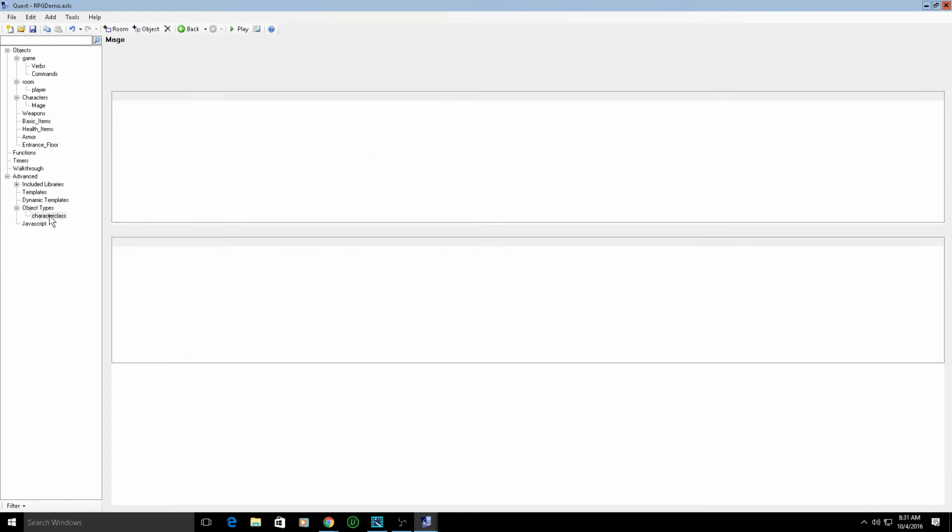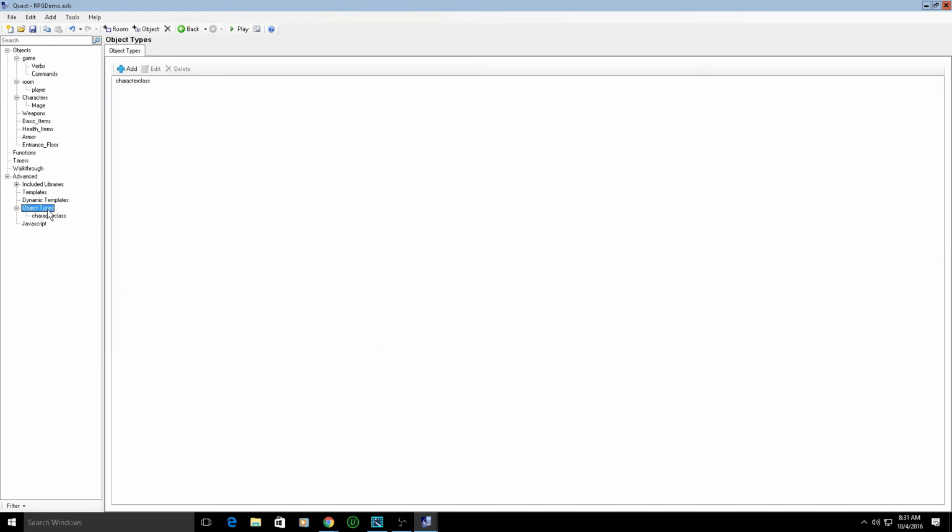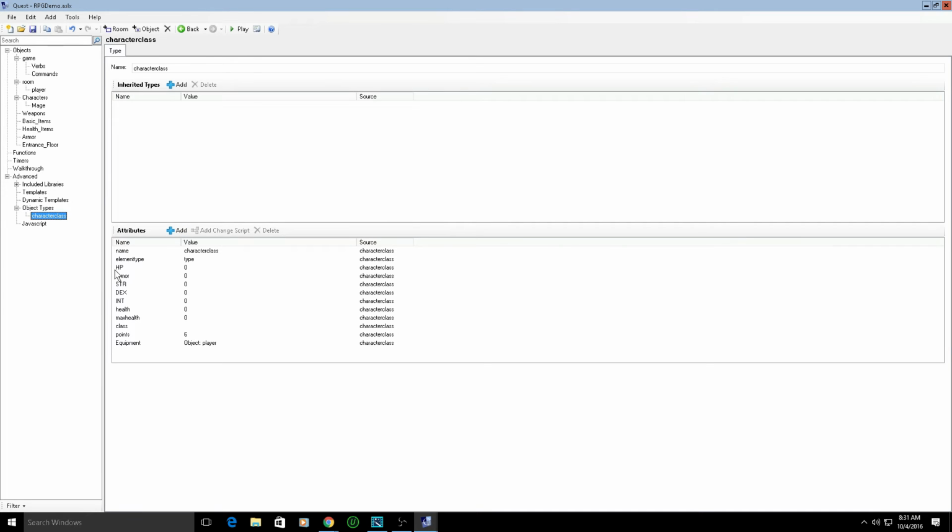Okay, I'm sorry. Let's go back down to character class. Let's go back to HP. Okay, so find your object types, character class, and then HP. And then what we want to do is change this from an integer to a string. I'm sorry about that. Okay. So now that we got that in there,